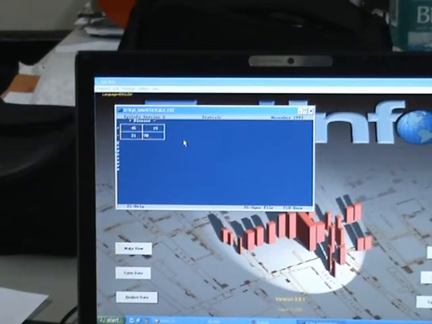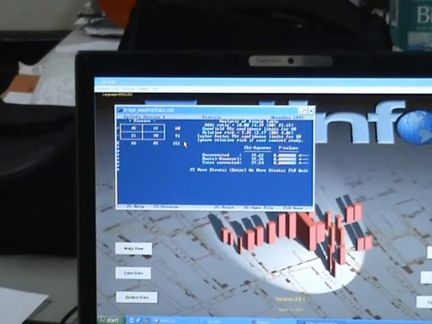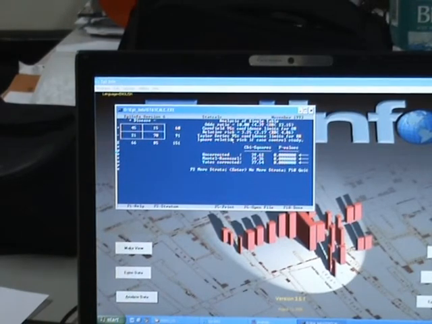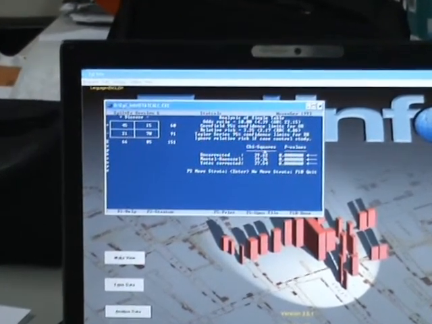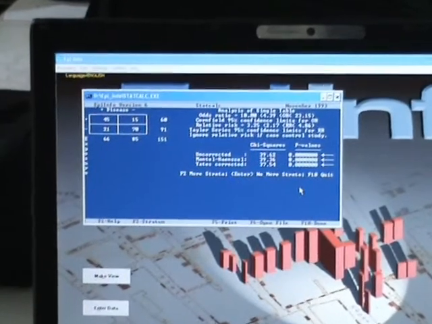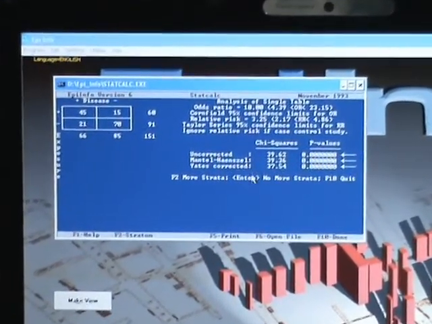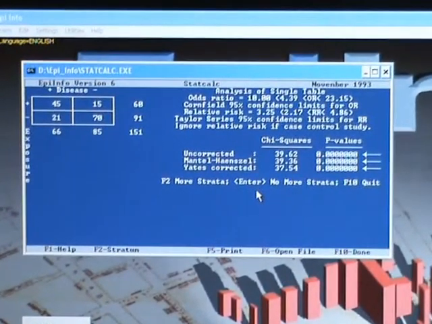You can have this kind of situation many times in your practice. So once you do double enter, the analysis comes up. It will give you the odds ratio, 95% confidence limit, relative risks, chi-square value, p value, everything. You have to choose one of them as per the requirement of your study.